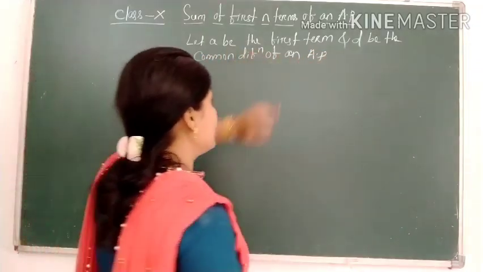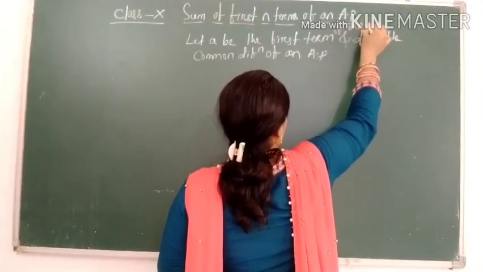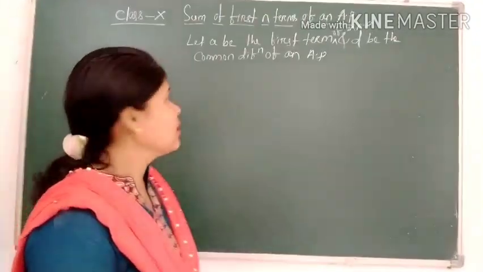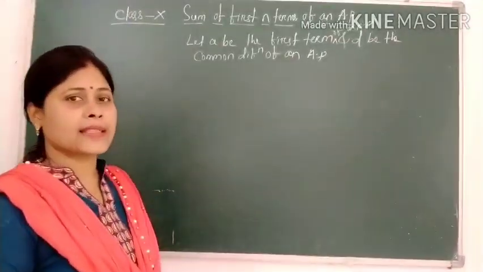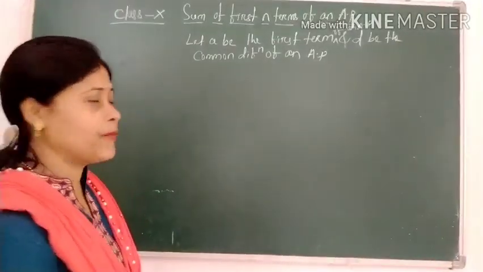Okay, let A be the first term of an AP and D be the common difference of an AP, and as you know about the general formula of an AP,